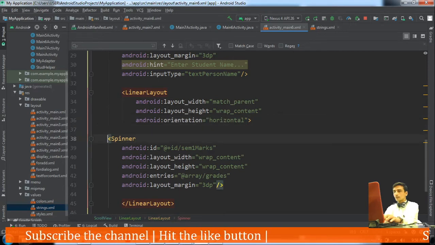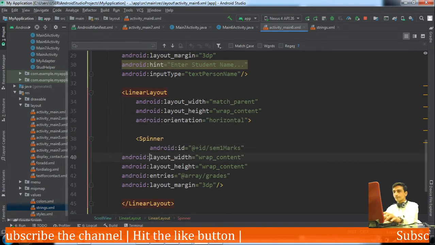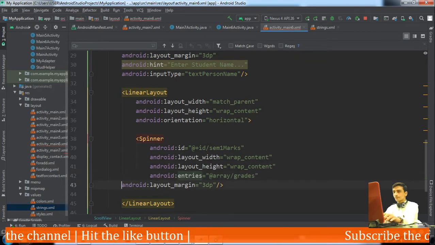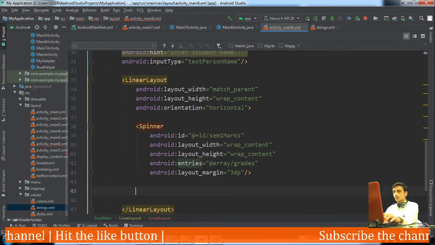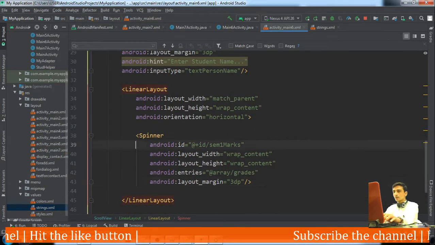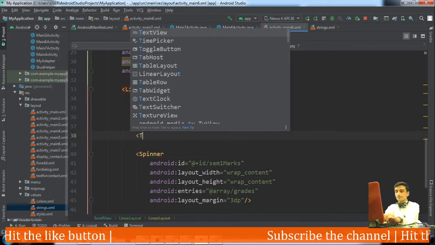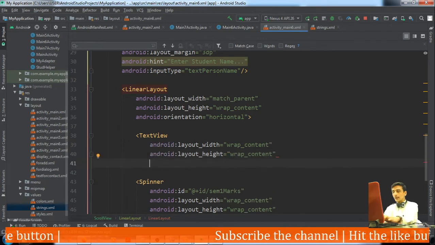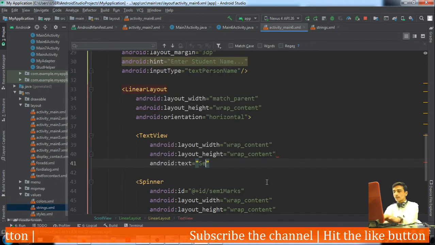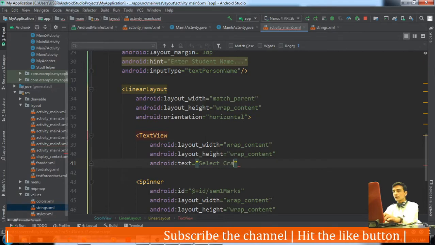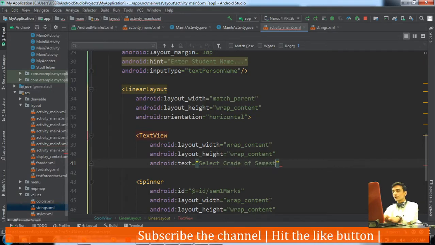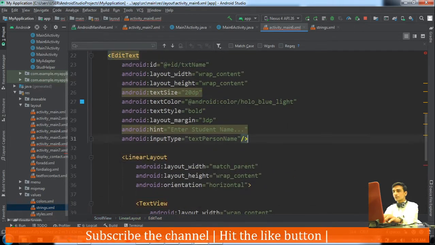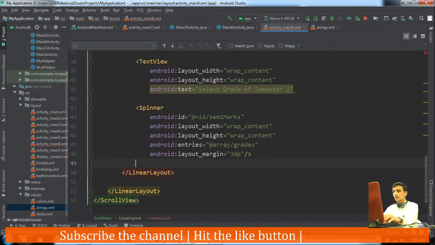Okay, then one spinner inside it, and before the spinner a text view, with the text "Select grade of semester 1". Okay, and near it should be a spinner.